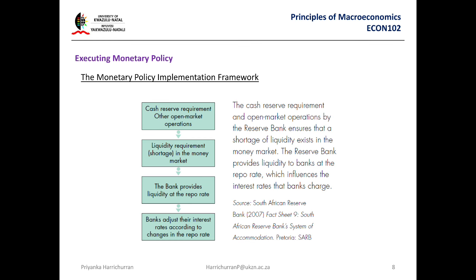Now, what will happen, right? If there's more interest on loans, people won't take loans. So there'll be less money in the economy in people's hands because people are not doing loans. But also the interest rate is high. This means more people will save in banks. So more people will take the money in the economy and put it in banks. So at the end of the day, there's not much money in the economy. All of it is in the banks. Okay? So you get what I'm trying to say?